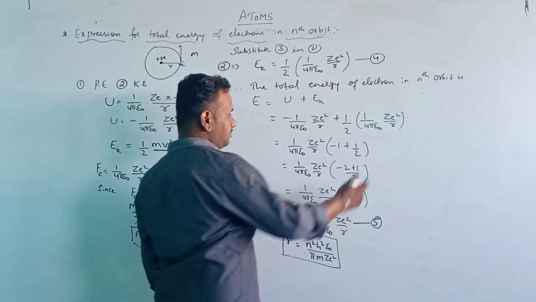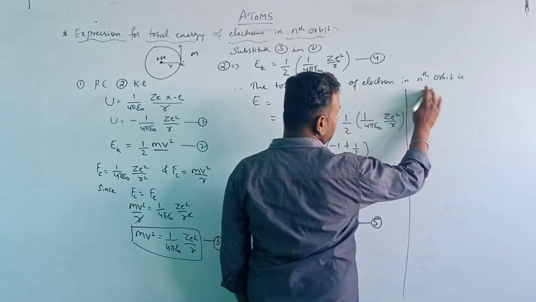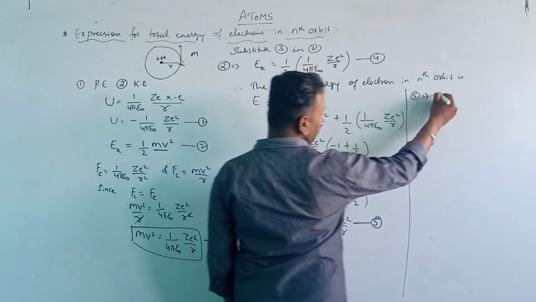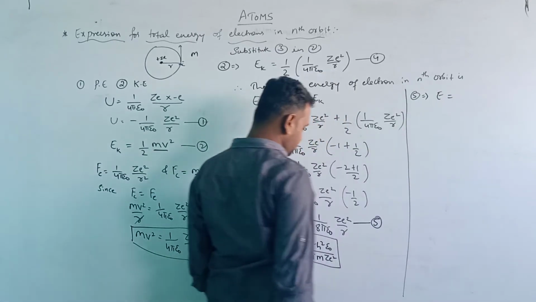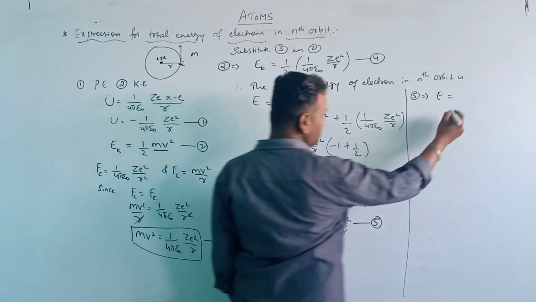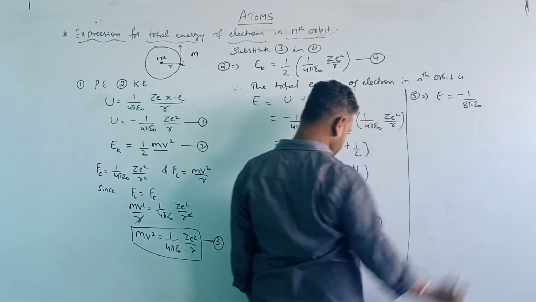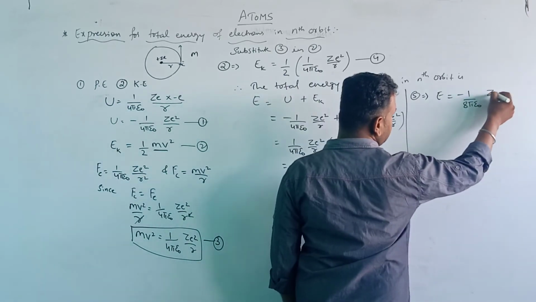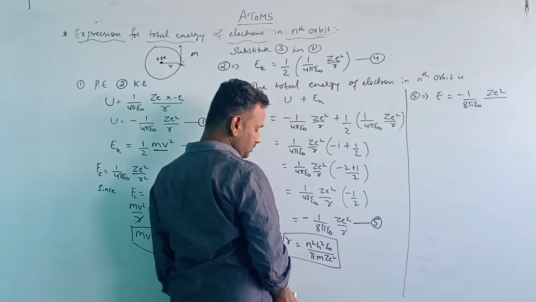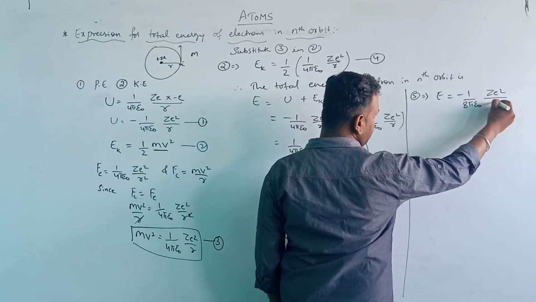So therefore, this equation 5 becomes E, that is total energy, is equal to minus 1 by 8 pi epsilon naught Z square divided by R value. So if I substitute the R value here, then I will be getting